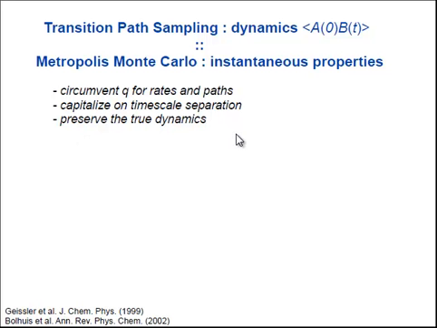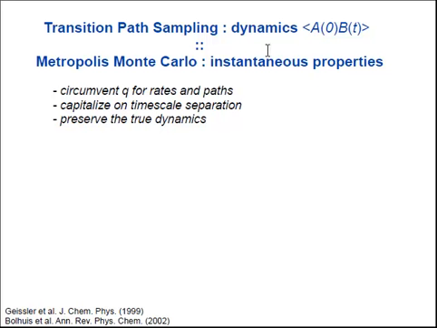And so in a sense, transition path sampling allowed us to directly access the ensemble of dynamical trajectories that corresponded to transitions between state A and state B, for example, reactants and products. But we can generally do this for just about any dynamical process, and that makes transition path sampling in some ways the analog to what Metropolis Monte Carlo did for static instantaneous statistical properties, right? That's a bold statement, but transition path sampling really is special, and it allows you to do a lot of really beautiful analysis.